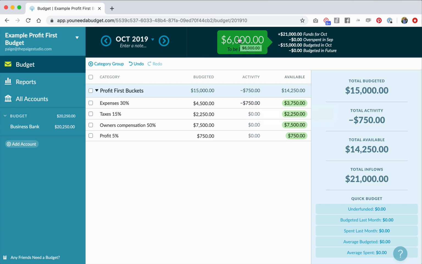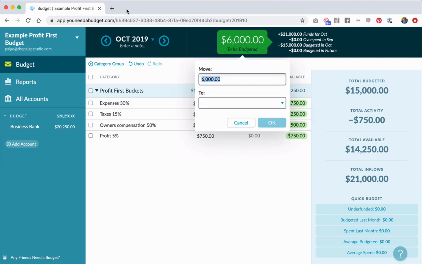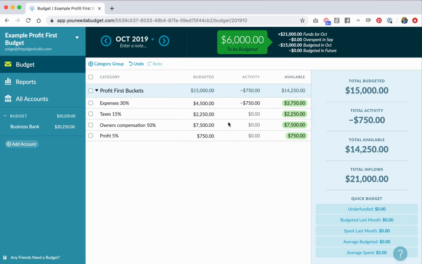So again, once a week, what I do is I come in and I divide up all the new business revenue by the different Profit First buckets. So for example, honestly, this is how I do it. I have my Profit First percentages listed here. Expenses gets 30% of the money, taxes 15, owner's comp 50, and profit